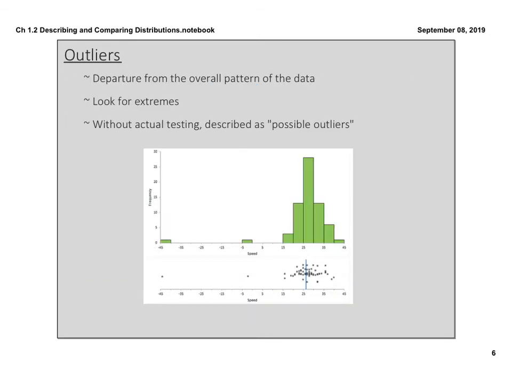All right, so outliers. Outliers are anything that's a departure from the overall pattern of data. You want to look for any extremes, anything that's way down to the left, way up to the right. You want to look for clusters or groups or gaps or things like that. In this case, when I'm looking at my data, I see that a majority of my data is right there. You also have, so this is your histogram of the data. Down below, this is the dot plot